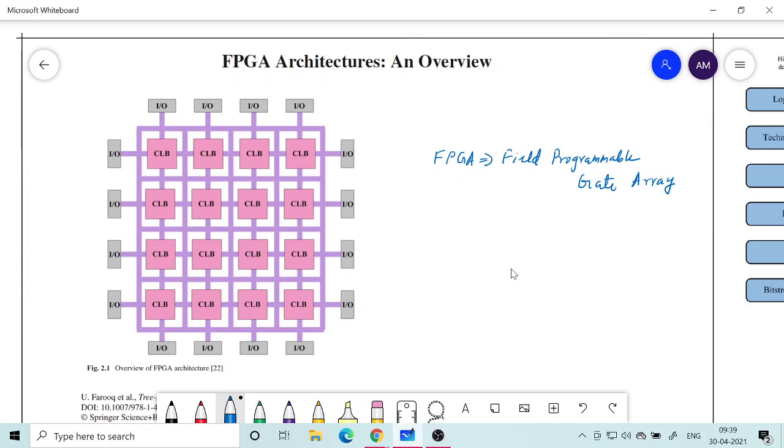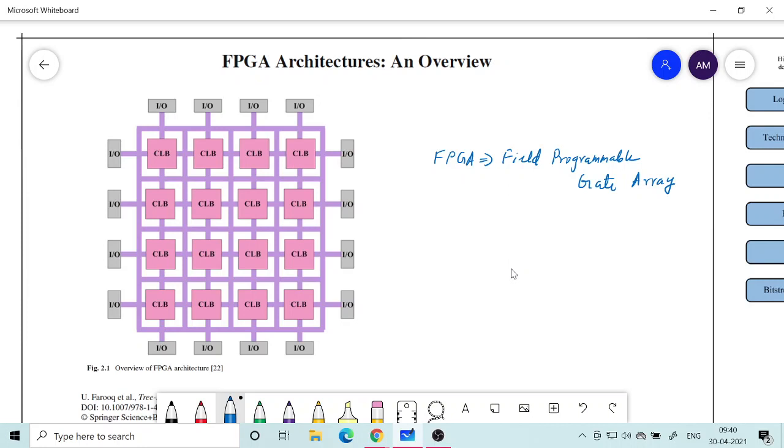Okay, so wherever this chip is going to be used, it may be part of a bigger system, and it may be under operational mode, and there on the site, in the field of application, you are able to program it or reprogram it. Okay, so that its functionalities can be altered even after deploying the chip as part of a big system.